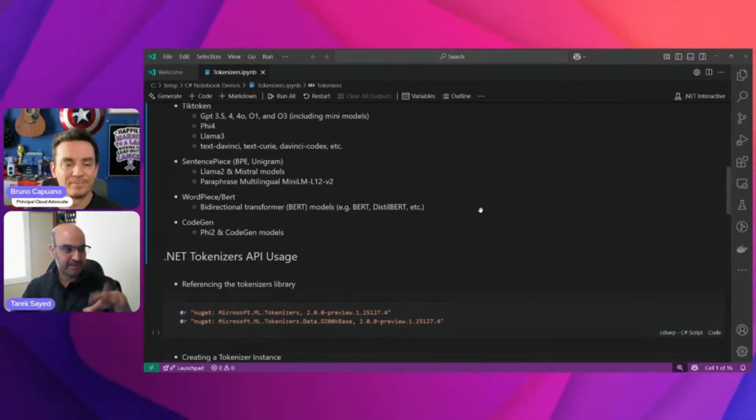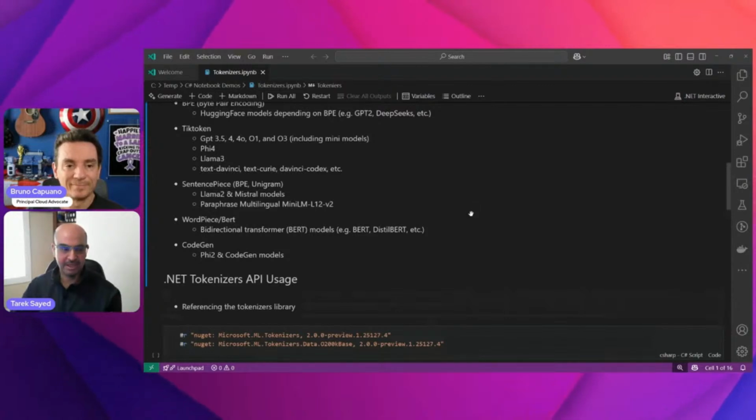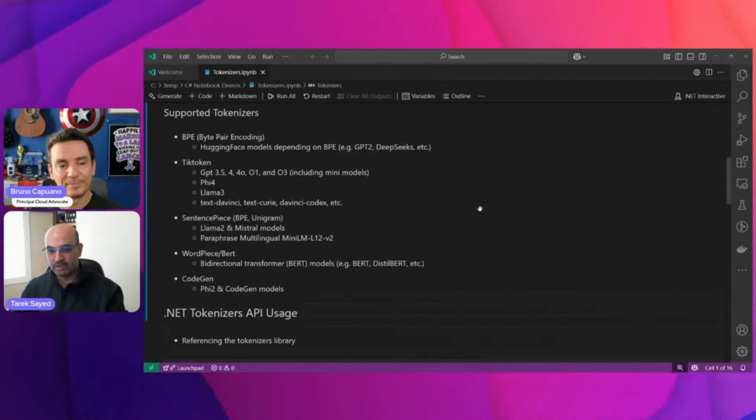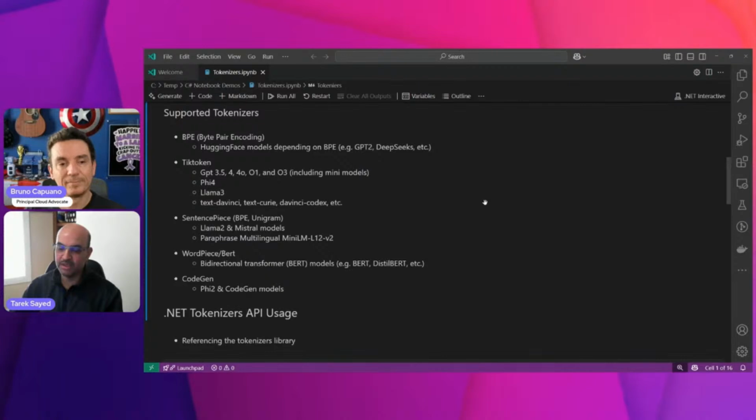So we have a variety of tokenizers. I'm encouraging users, if they run into some important tokenizers that we are not supporting, to file a request for us, and we can look at it and try to support it natively inside the tokenizers library.